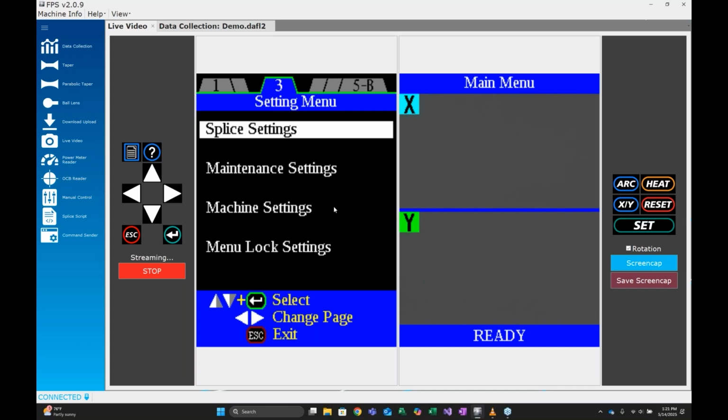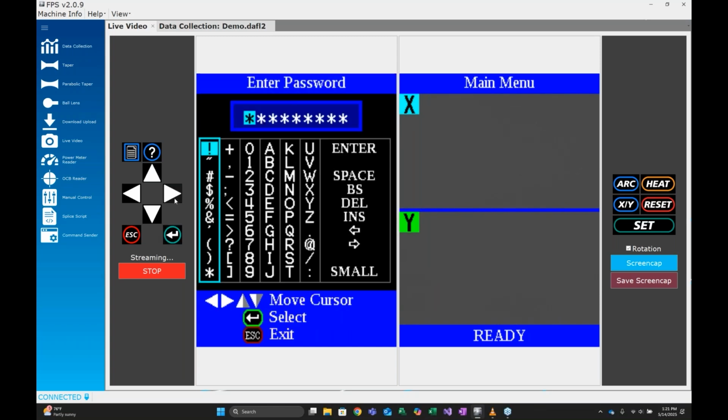Number one, I want the splicer to handle the fiber properly, but I also want to be able to interact with the splicer in a way that suits my work style, right? So machine settings is like, how loud is the beep? What language do I want the machine in? Things like that that allow you to choose the best way for me to interact with the machine. And from the factory, all of these come with a password, but that password is simply